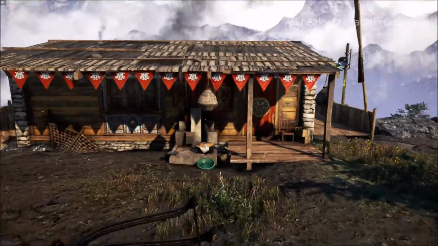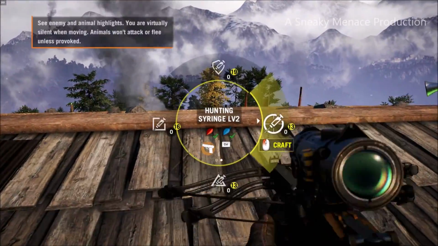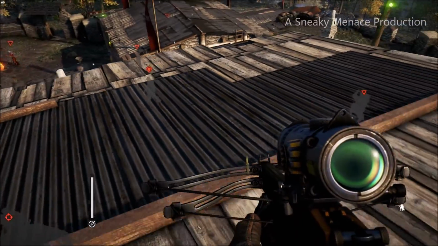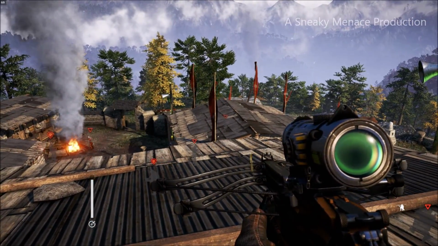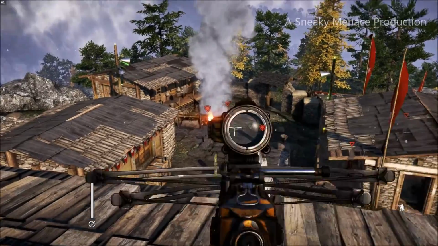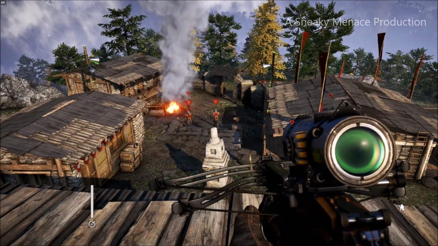I'm gonna show you guys why I chose this outpost. So I'm gonna use the hunting syringe to be able to see all the enemies. And you guys can see there's only, wait, 1, 2, 3, 4, 5, 6, 7 enemies, which is a perfect amount. And they aren't all too close together. I mean, obviously in here there's some congestion, but this heavy is only here because I took too long explaining